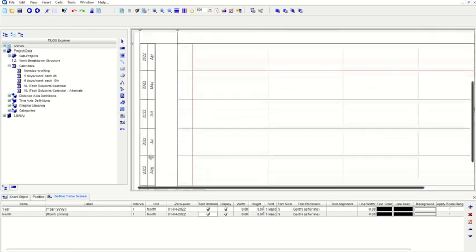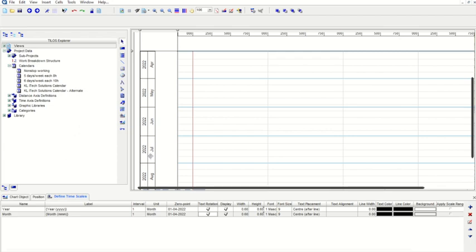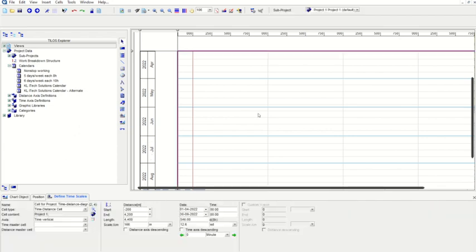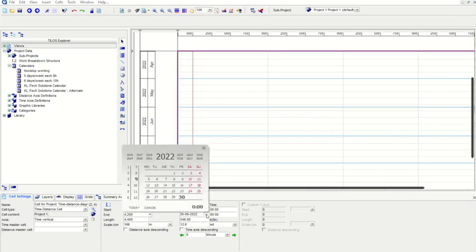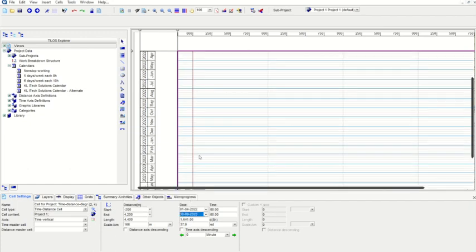So how do you want to show for another year? What we are going to do is select the time distance scale, and when we selected the project parameters, we defined it from 1st of April. In the detailed object toolbar at the bottom, you can see it is from 1st April to 30/9/2022. So I'm going to select this to 2023, 1 year later, and you can see the entire scale is shown